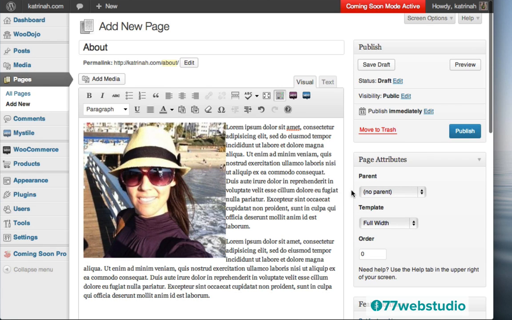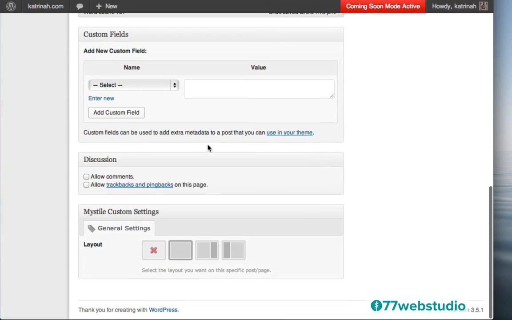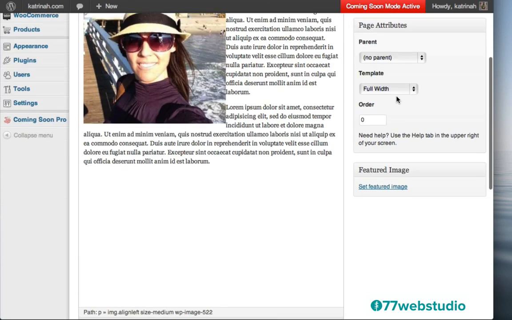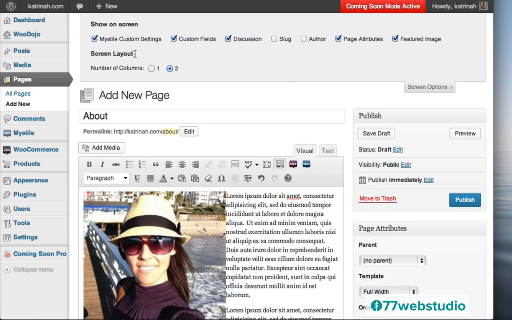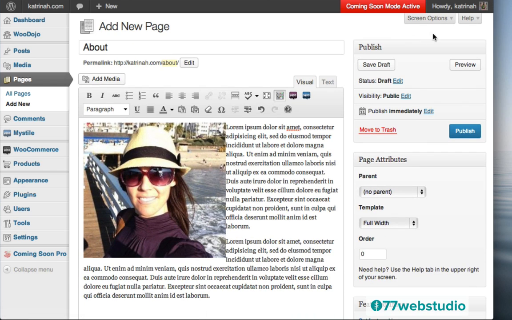Now before I do that, I just want to make one more note. If you are not seeing this discussion box, sometimes it doesn't always display, then what you need to do is come up to the top and click on Screen Options, and then you'll see all the different sections that you can add to the screen, and you want to make sure that the discussion box is checked so that it will show up below. Once you've made your selections, you can click on Screen Options one more time to close the screen options. I think we're good to go now though, so I'm just going to click on Publish to publish this page.